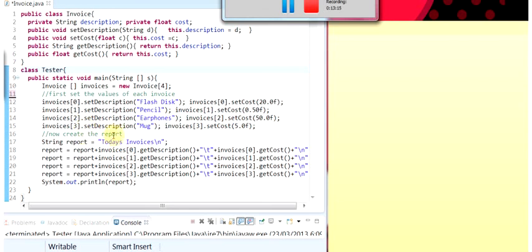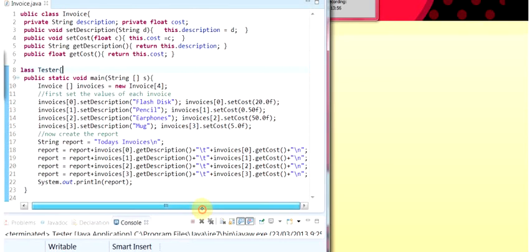So the last part, of course, would be you would write a variable such as this. You would have a heading for the report which says today's invoices, and then you get the description as we have discussed earlier, and then we finally print the report, which is the value stored in the variable report. Remember, this is a local variable, and the local variable has the cumulative values of the description and the cost for each of these items, and then we display it. When we run this,